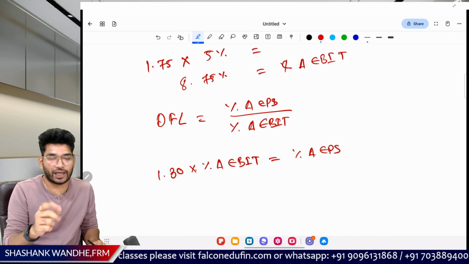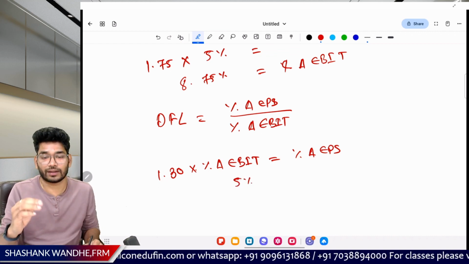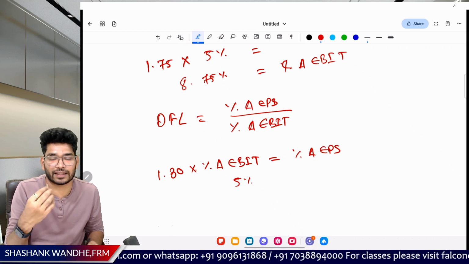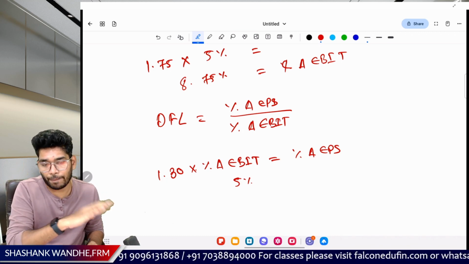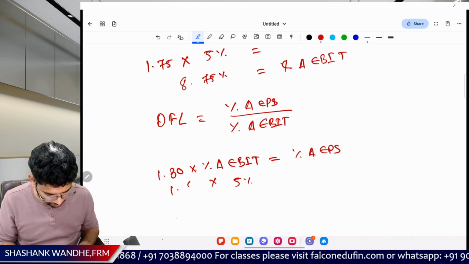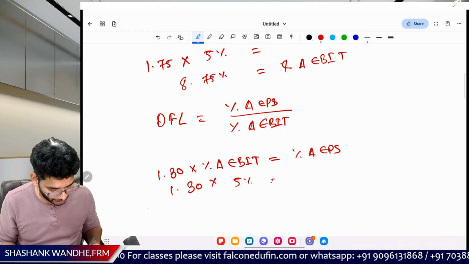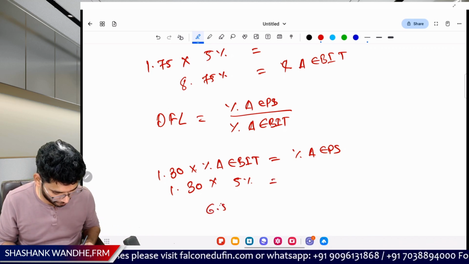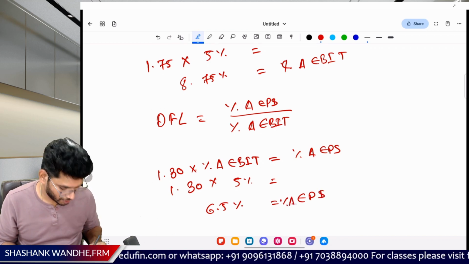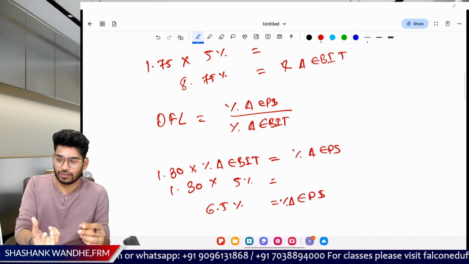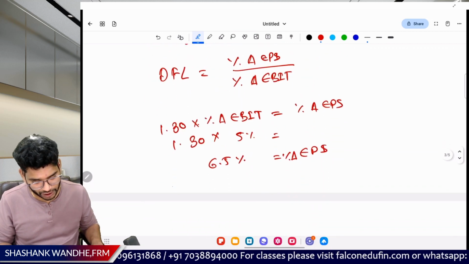Earnings per share will change by this percent. So again, if I provide you the information that the percentage change in EBIT is 5%, that is a 5% increase in EBIT, then what will be your percentage change in EPS? Simply 5% multiplied by 1.30, so your EPS will increase by 6.5%. Whatever the EPS is, just add 6.5% to that level. Simple, very simple. Okay, so this is the degree of operating leverage and degree of financial leverage, and as we did before,